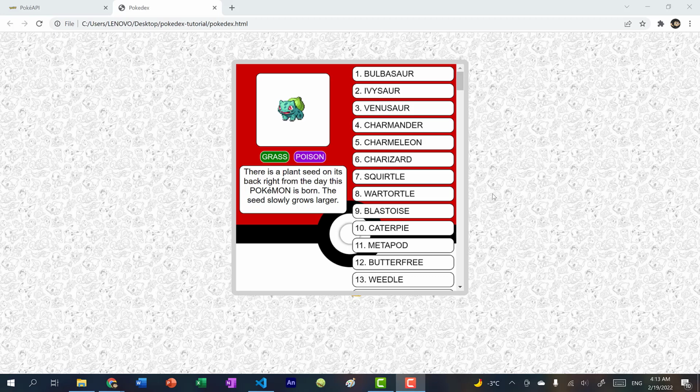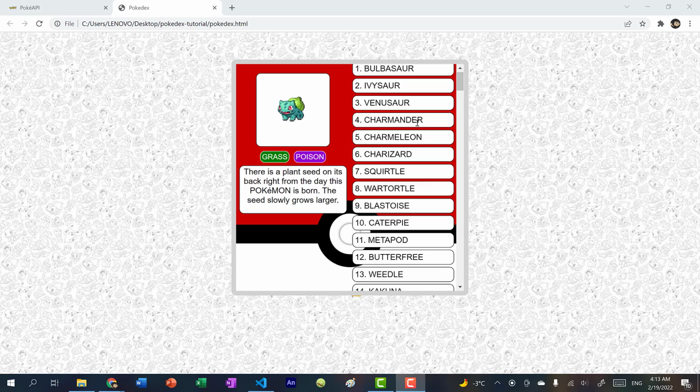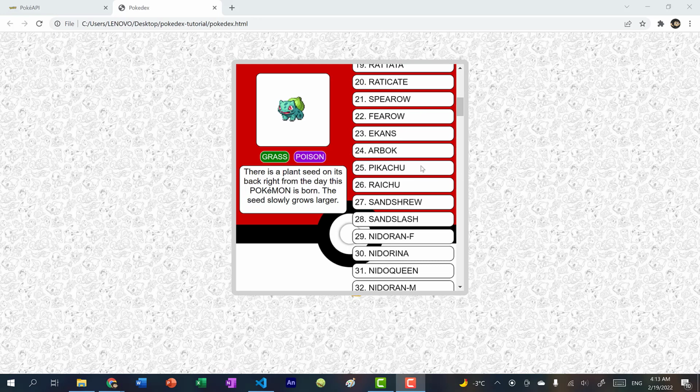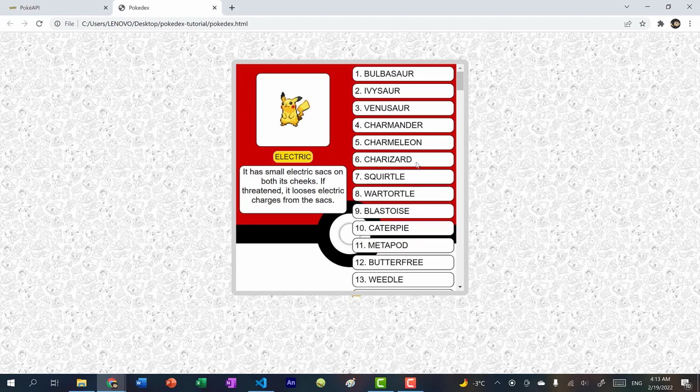In this video, we're going to be creating a scrollable Pokedex. So what you see here is the final product. And if I scroll down and click on any Pokemon, it will populate the fields on the left. We're going to get this data using a Pokemon API with JavaScript, style this with CSS, and use JavaScript to populate all the information onto our HTML.